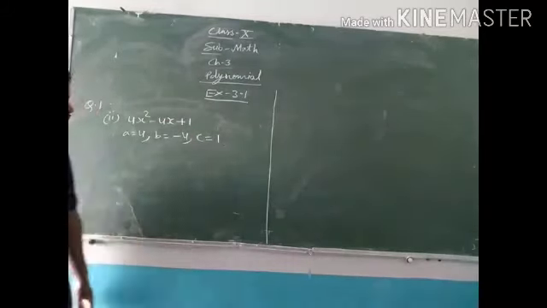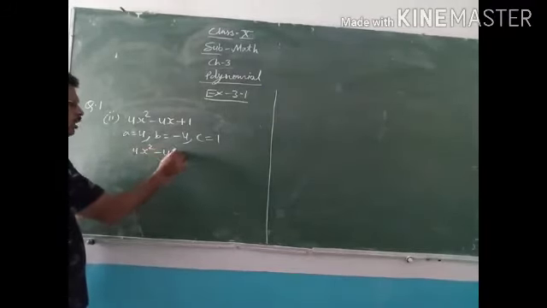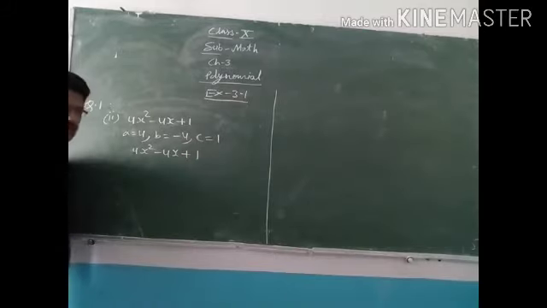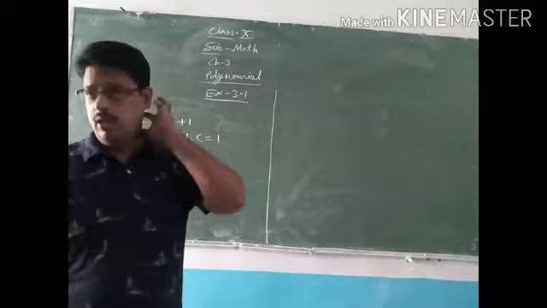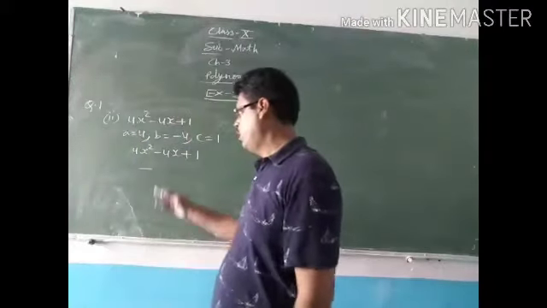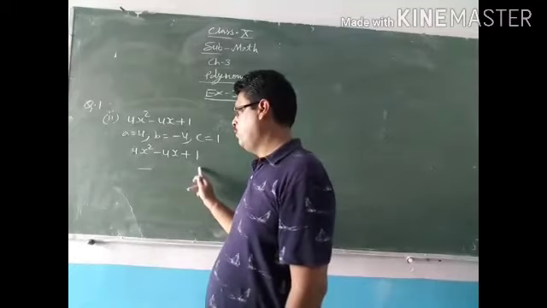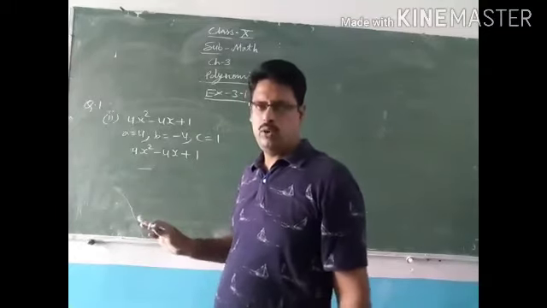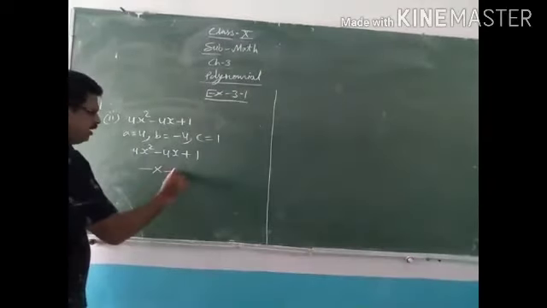Okay, so we have to do factorization of 4x square minus 4x plus 1. Okay, so two numbers, we have to split the middle term. हमें split करनी है middle term. No term is coming common from these three. तीनों में से कोई भी term common नहीं आ रही, so no need to take common. Now two numbers we have to multiply.